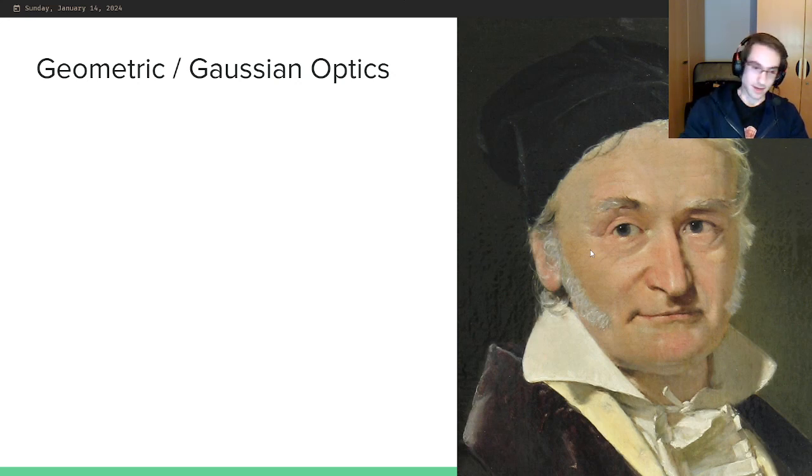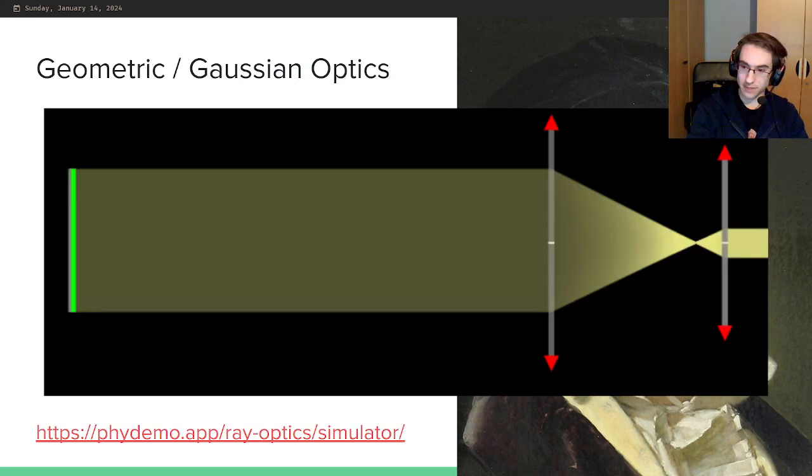There are a number of software tools to do the math for you, to work out how the rays will work. One of them you can find online at phidemo.app/rayoptics/simulator, and it can produce images like this one, something that I will also use some examples of in this presentation, starting with right now,